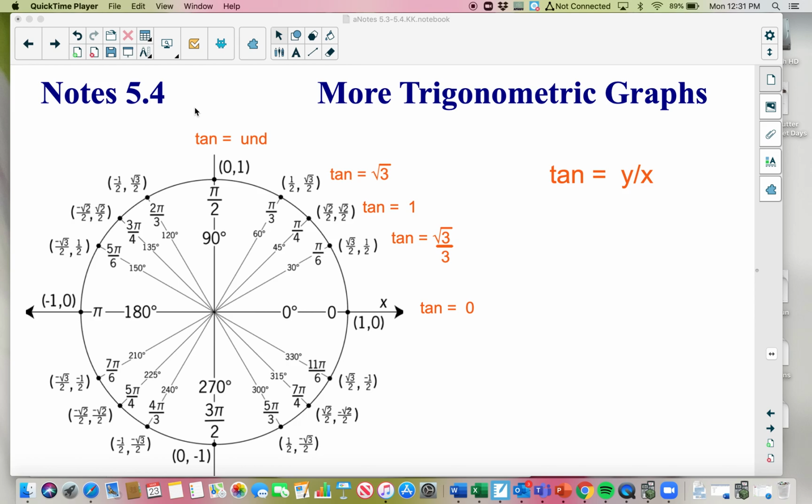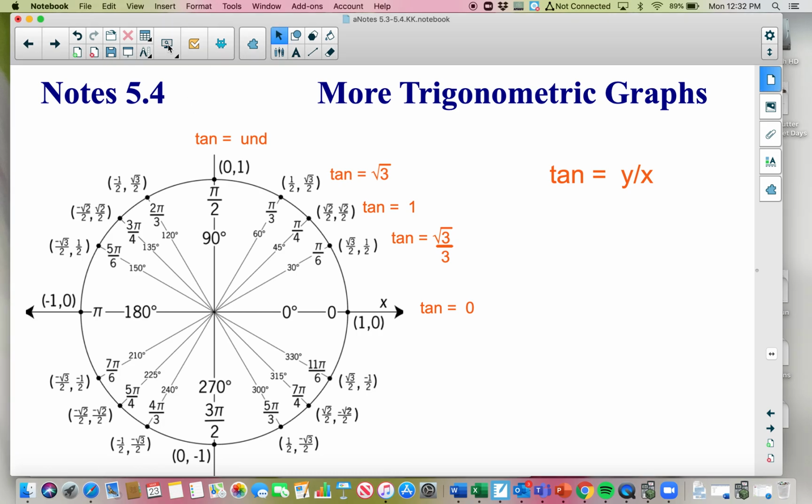All right, welcome. Today's lesson is on 5.4, and this is more trig graphs. There are four remaining trig graphs: tangent, secant, cosecant, and cotangent. So just to get you kind of thinking about